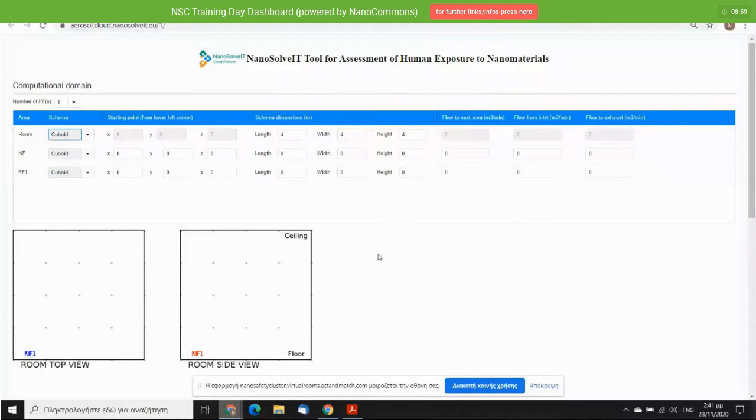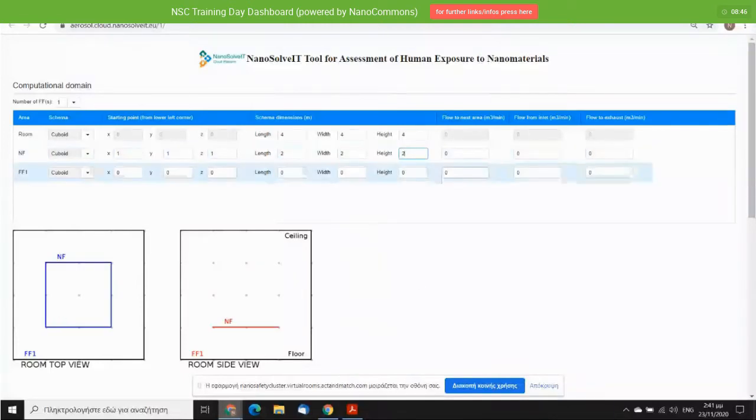So for our first example, I'm going to use here a starting point of 1 for the NF and a shape dimension of 2. For the flow to next area, to FF1 actually, I will put 10. And for the FF1, I'm going to make it the entire room. And this is important because